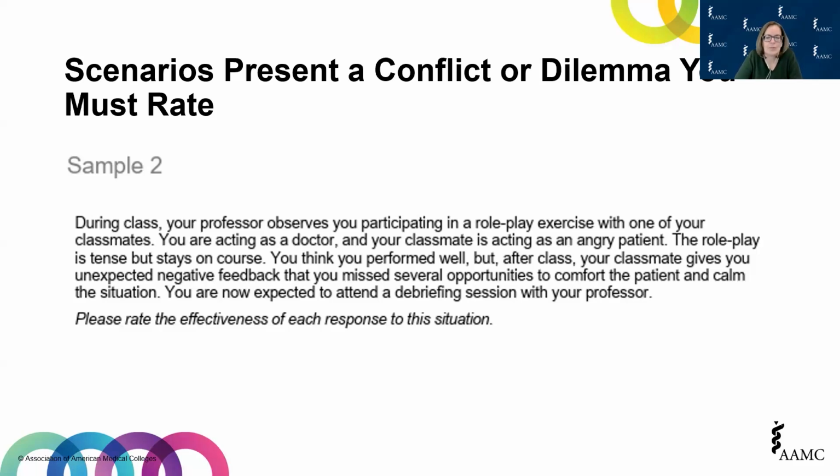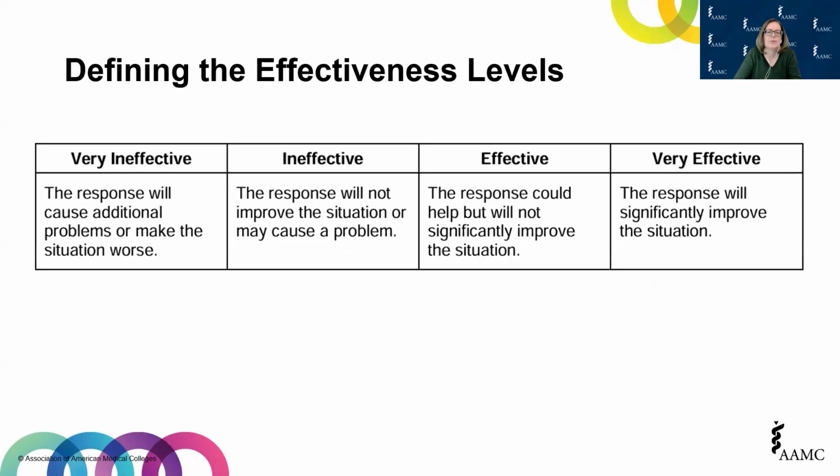Based on the scenario, you're going to be asked to rate the effectiveness of a series of possible responses to this. Before we look at some examples of the responses you'll see, I want to talk about how you will be rating them. Understanding the definition of the effectiveness levels is important when deciding how to answer the question. First, it's important to notice that one side of the scale indicates that the response will have a positive impact on the situation by helping or improving. And the other side indicates negative impact, where the given response will not improve the situation or may even cause